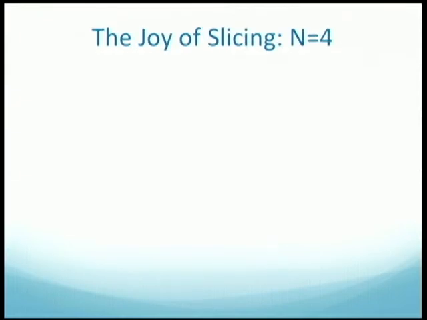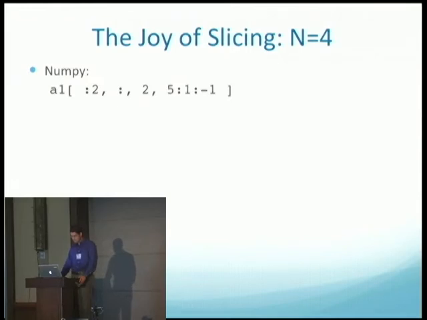Slicing. Well, this is not a beauty pageant, gratefully, but we all know what this does in NumPy, right? Got this array, we're going to take the first two elements of axis 0, and then all of axis 1, and just element 2 of axis 2, and all that, right? And before I show you how that's done in